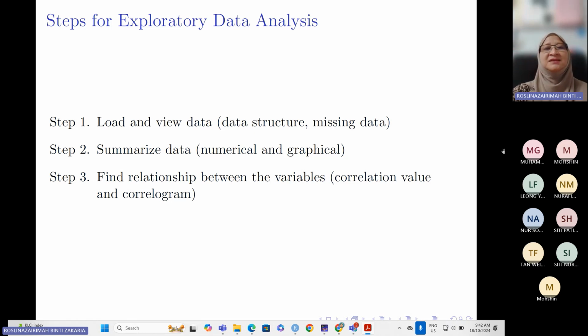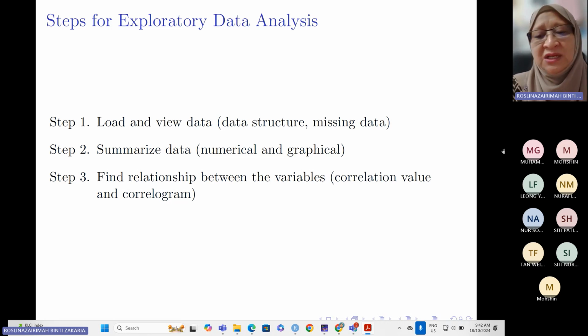Then step 3, you can also find the relationship between the variables, for example, using the correlation value and the visual graph called